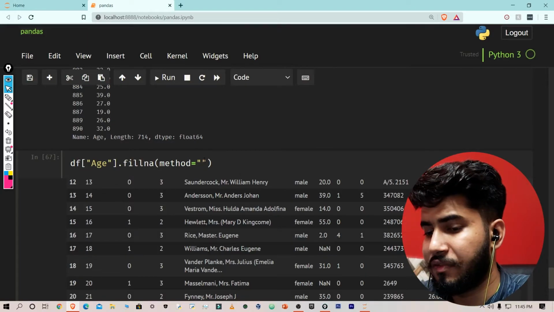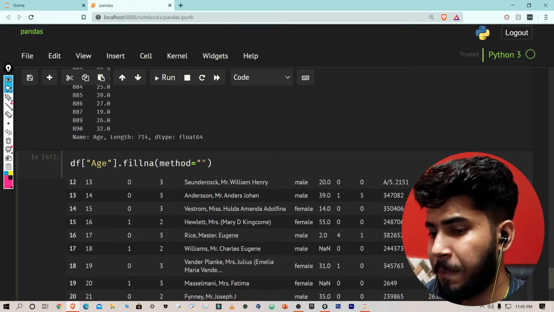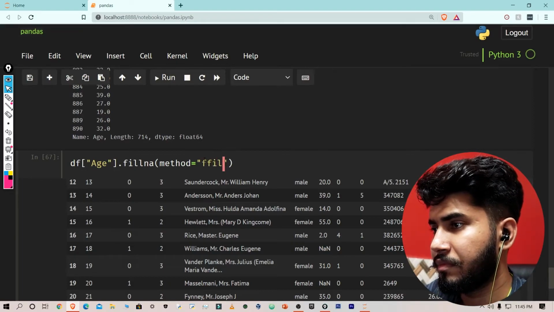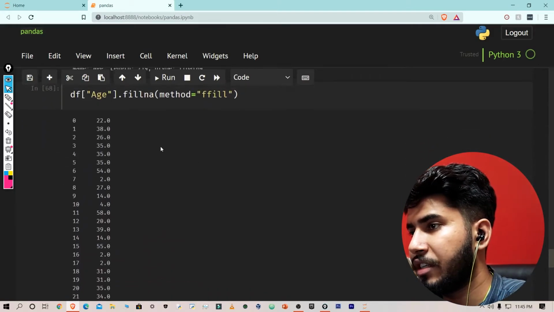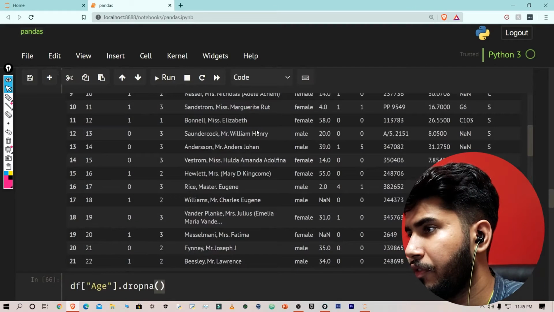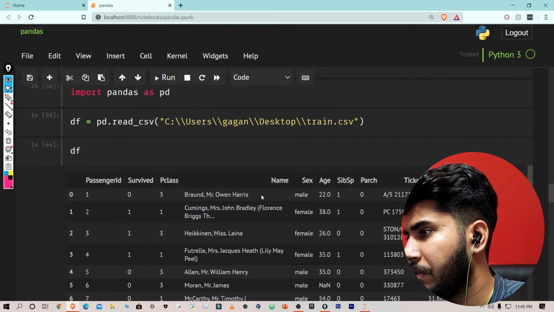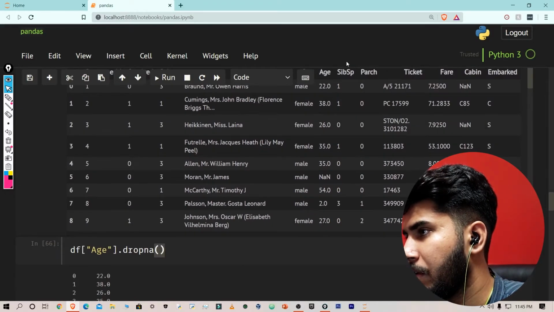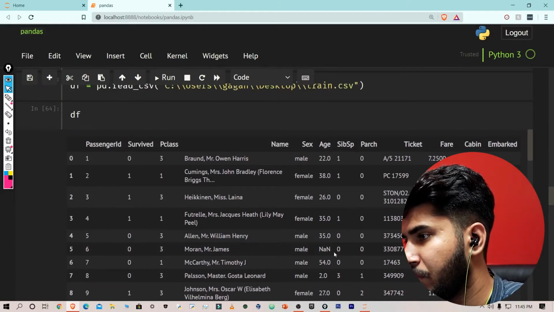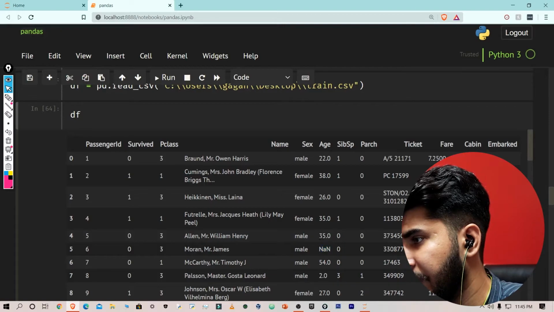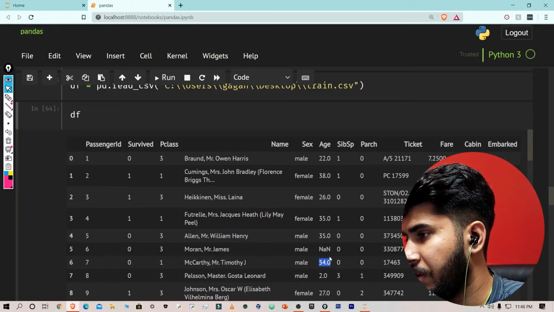Okay, so the first function would be, let's say, ffill. So ffill means forward fill. It had 35 before it and 54 after it.